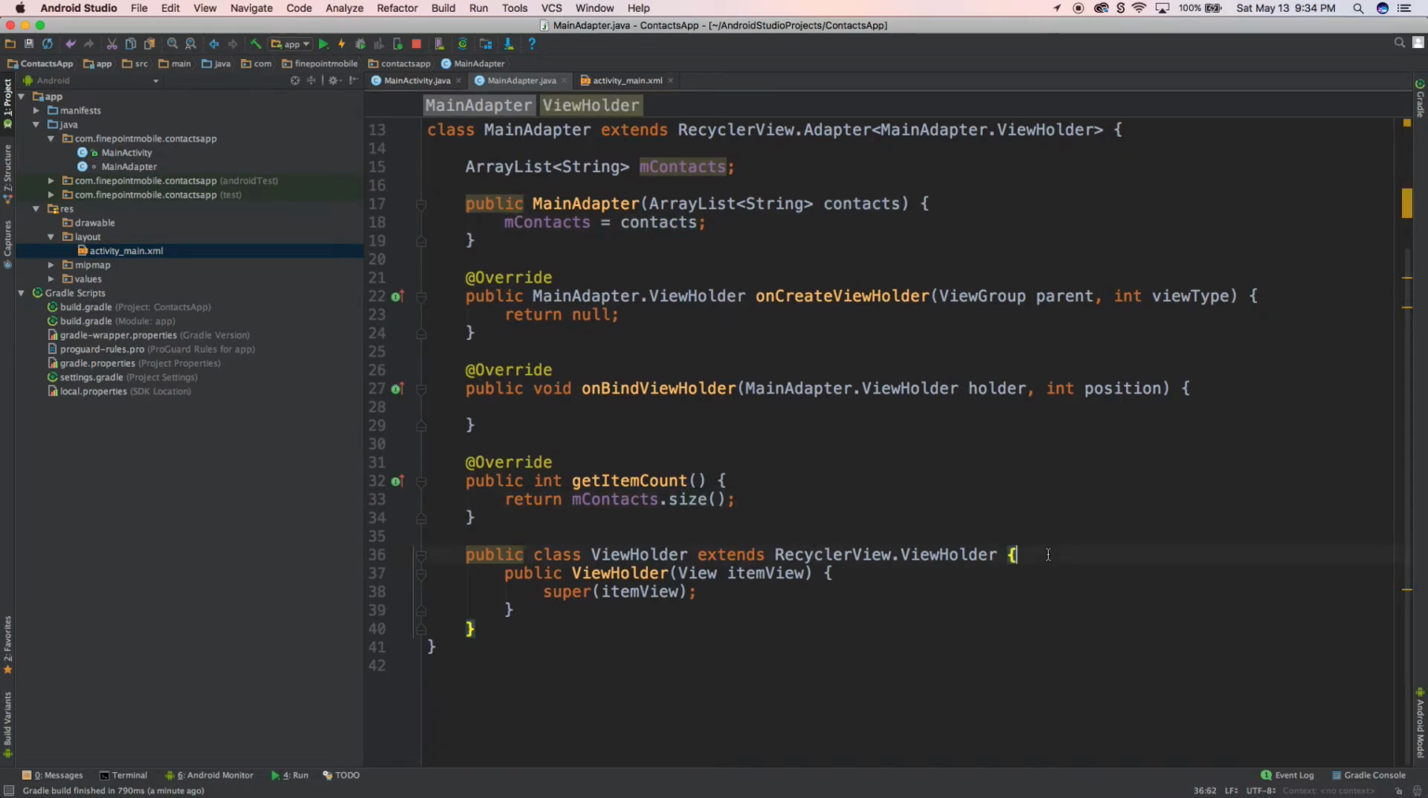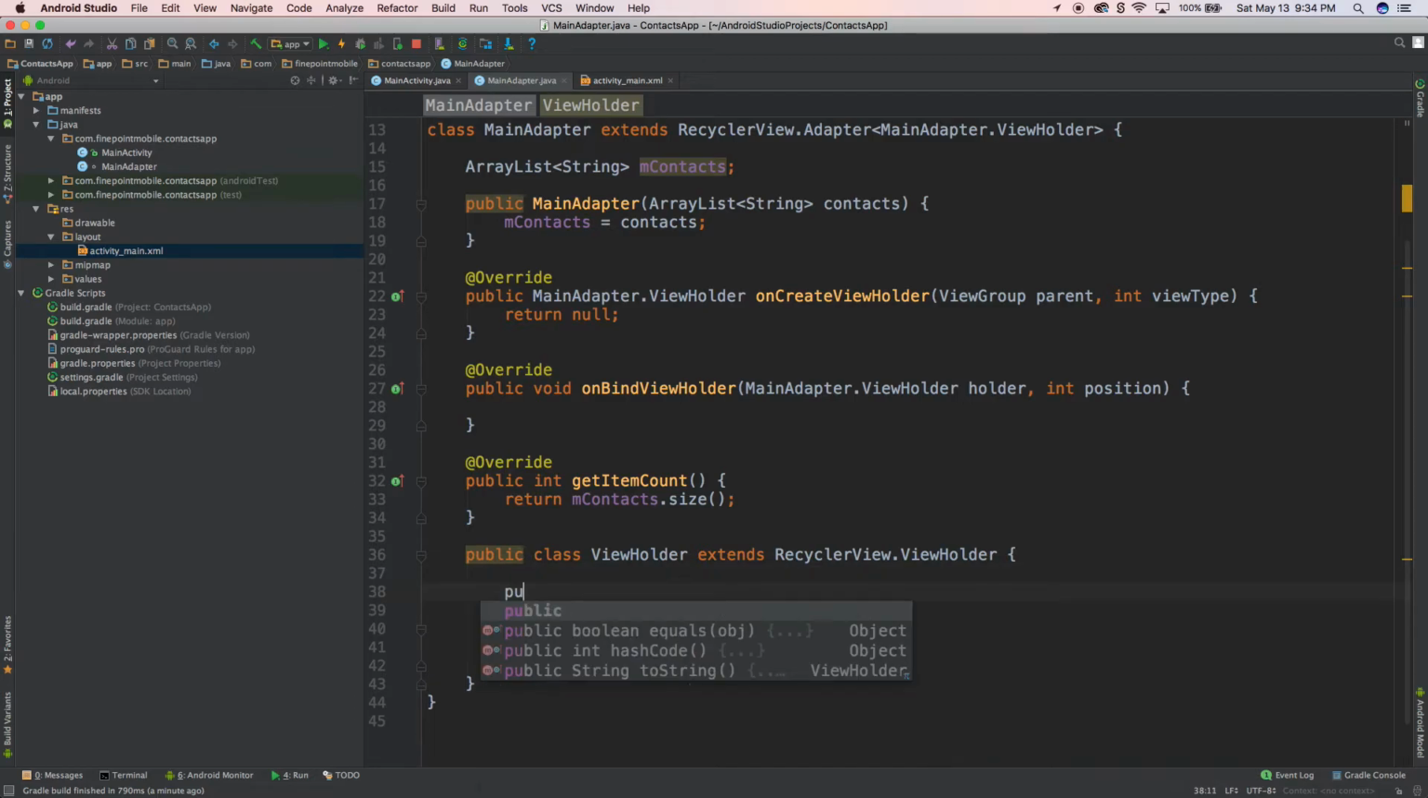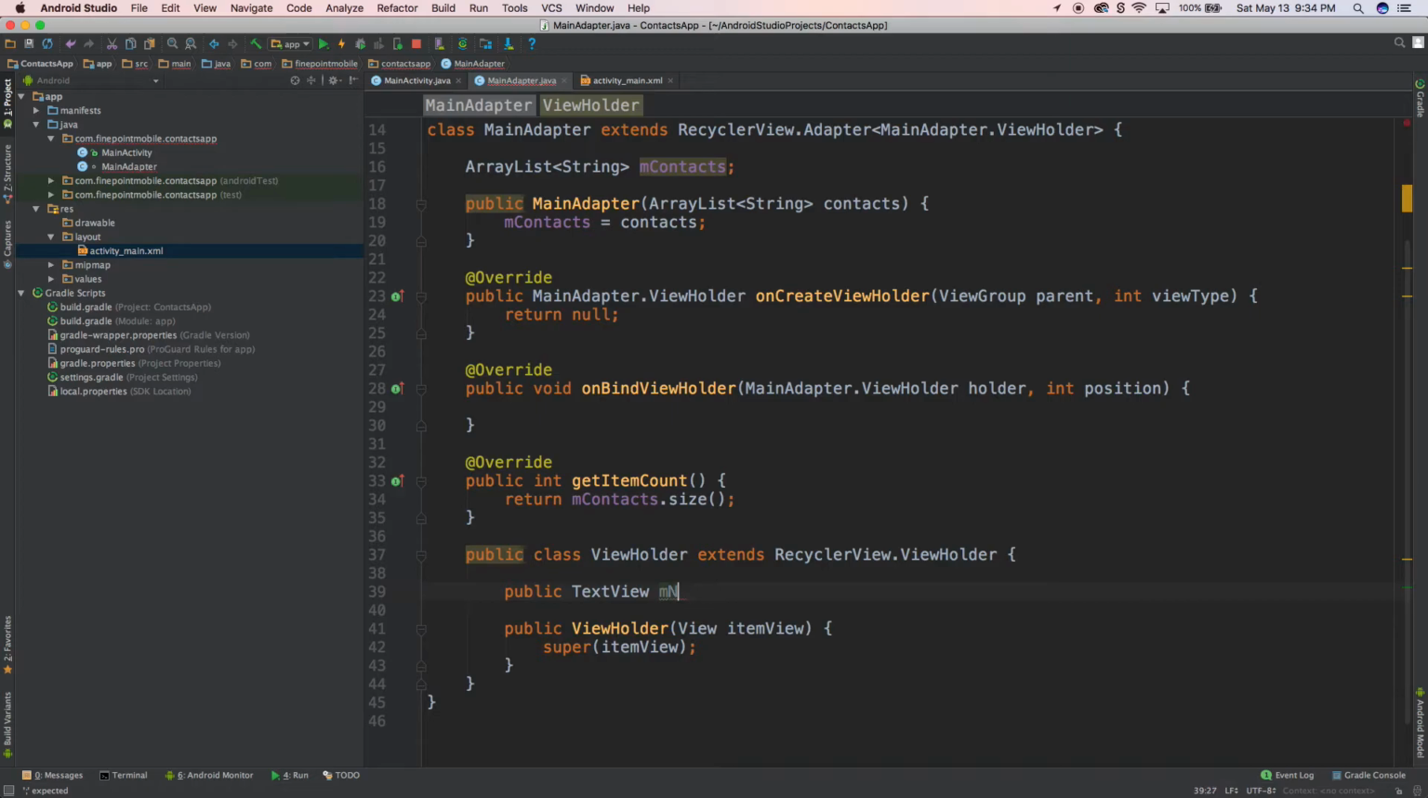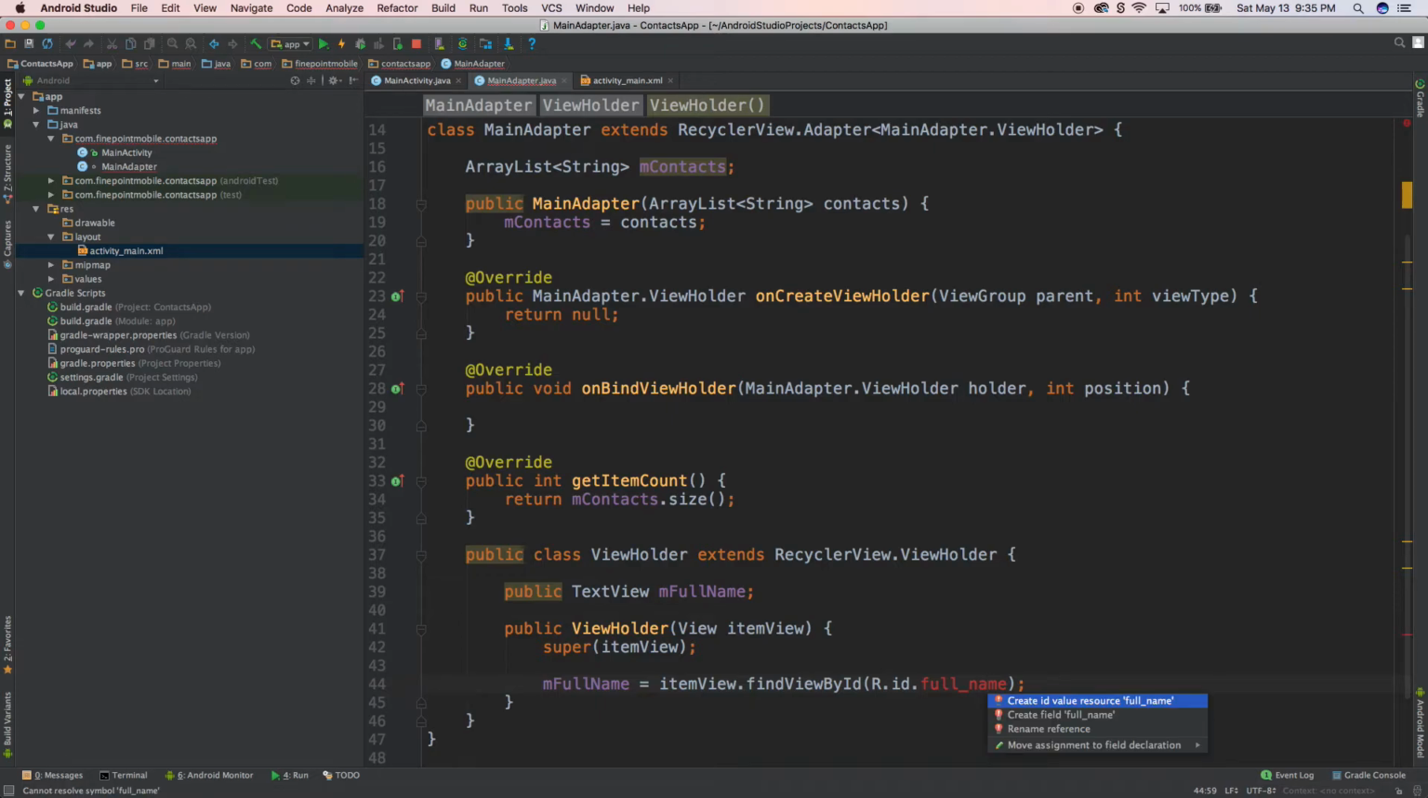Now let's see, inside of here, let's do public TextView mFullName. We'll work on that in just a second. Come down in here, let's do mFullName equals itemView.findViewById(R.id.full_name). Put your mouse over that, and that's actually